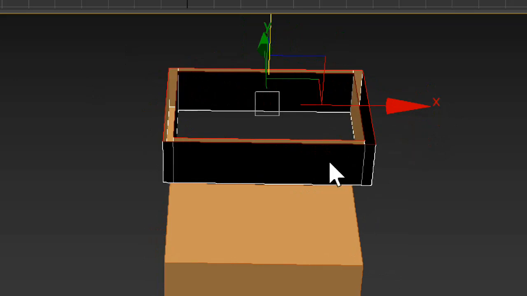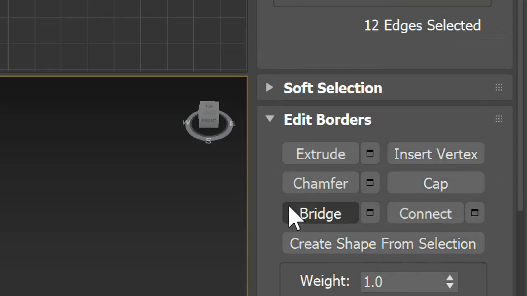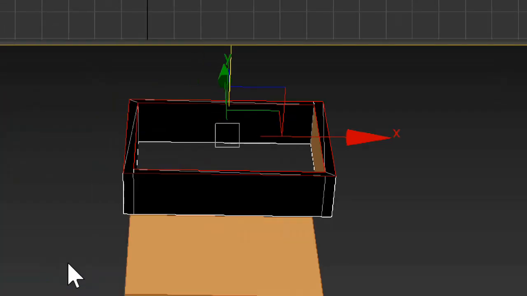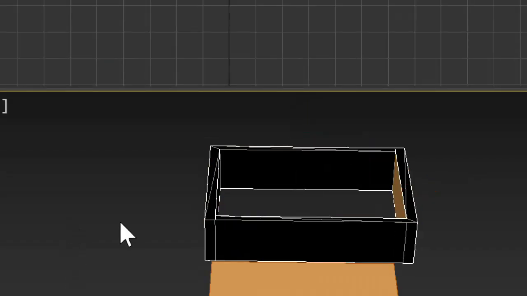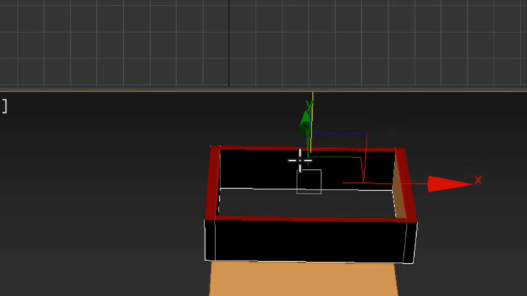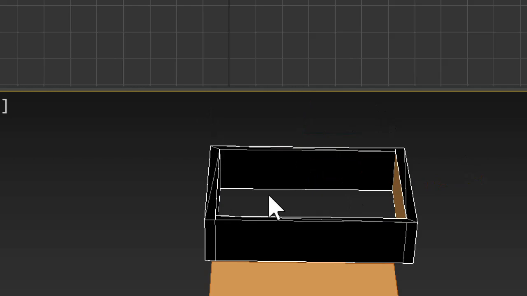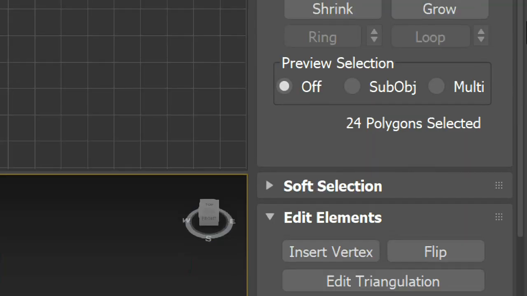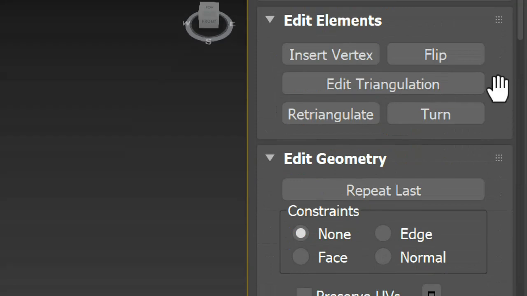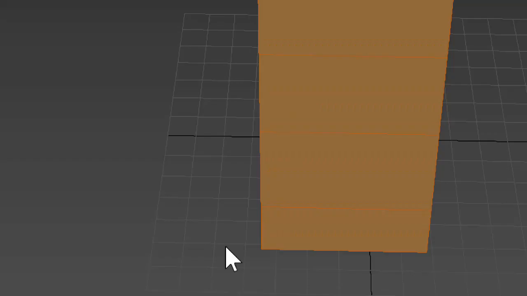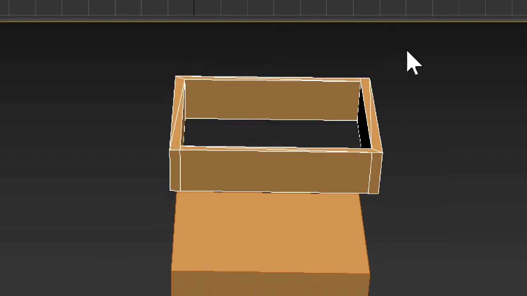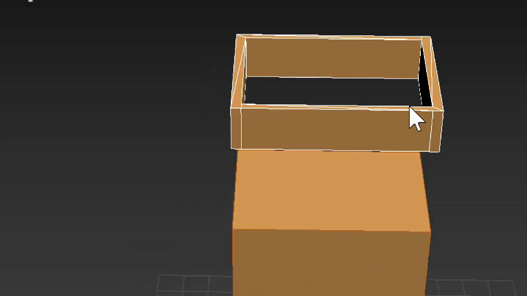You want bridge, sorry. Yeah, you want bridge. And just select all of them and flip. Until all done. And now when you import it into the engine, you import this one and this one separately,